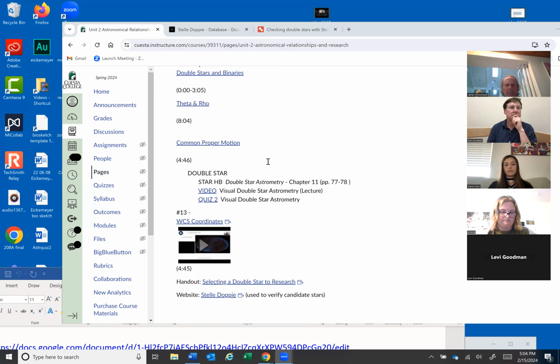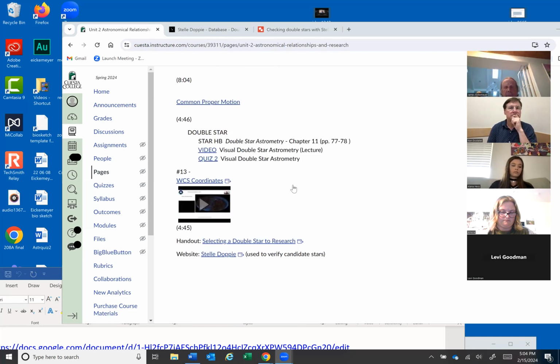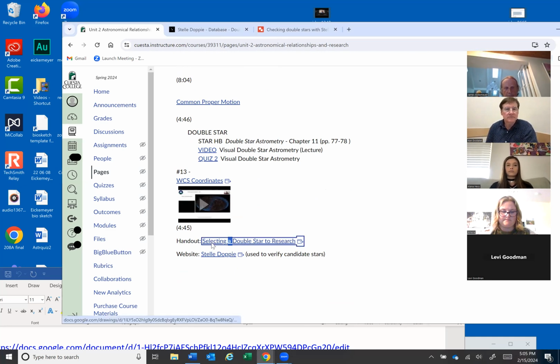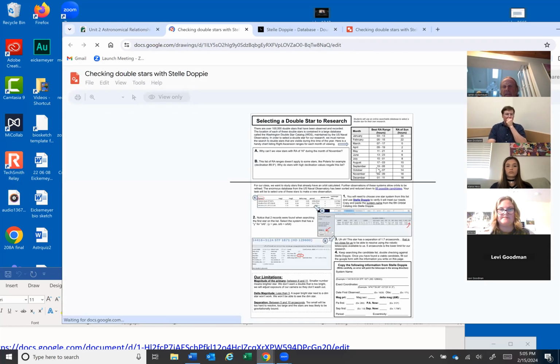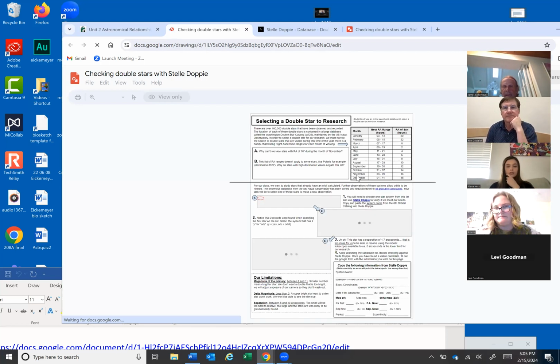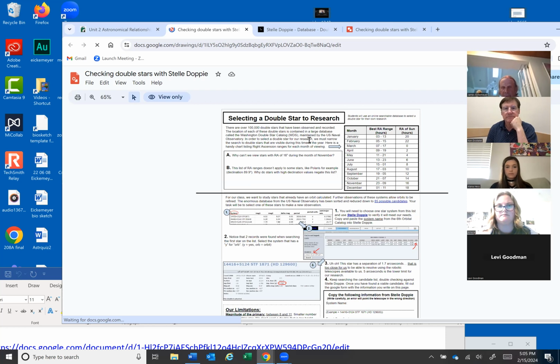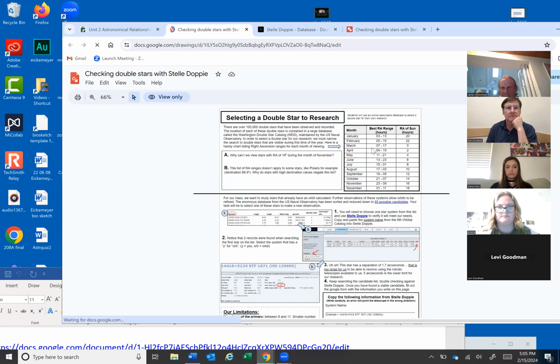So here, we'll try this again. From here, there's a handout that says selection of double stars research, and I'm going to click on that. That's right above Stelladopy. Can you see this, what I just pulled up? Yes, I can. Okay. So what we have here, if I can just make this a little bigger,